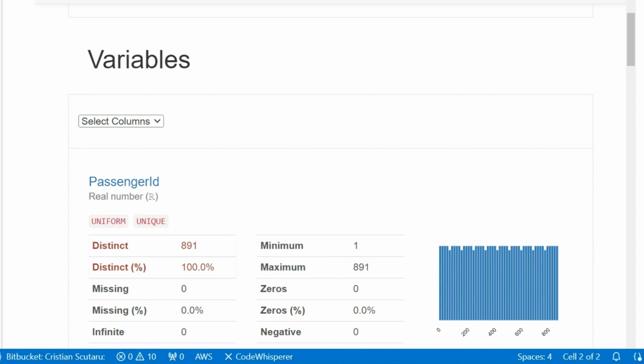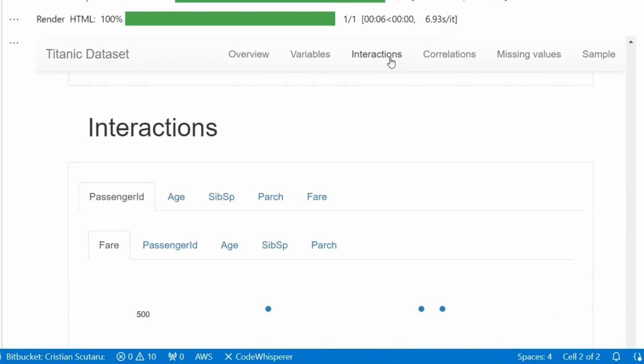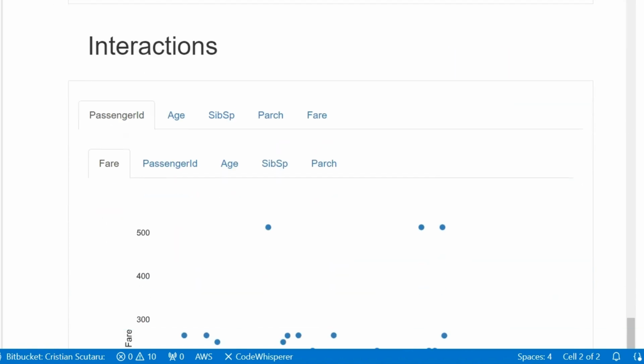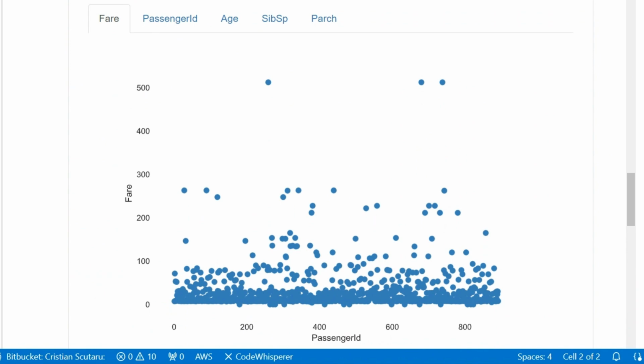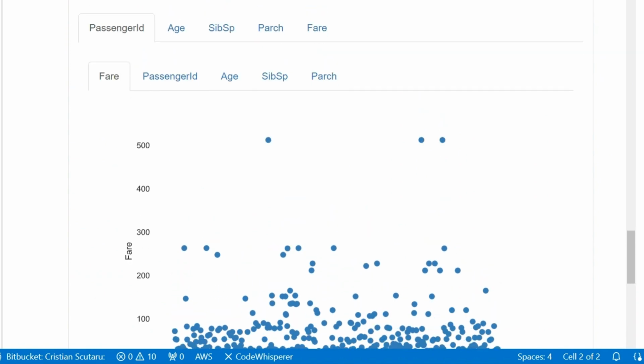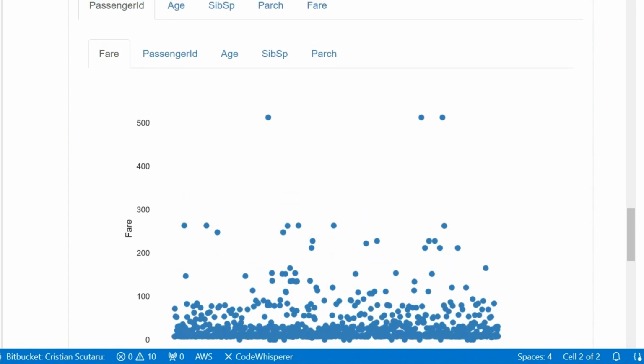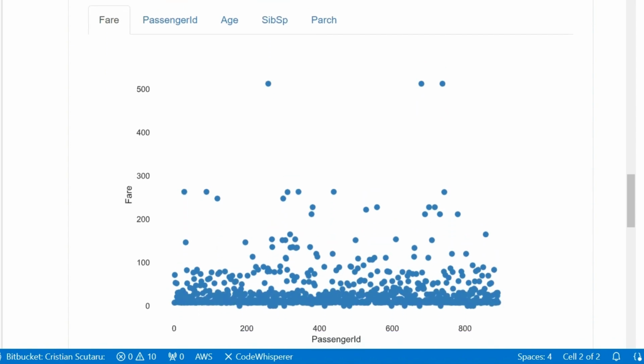You get nice looking charts. Let's see interactions. That's interesting because basically that's about correlations, one-to-one interactions.